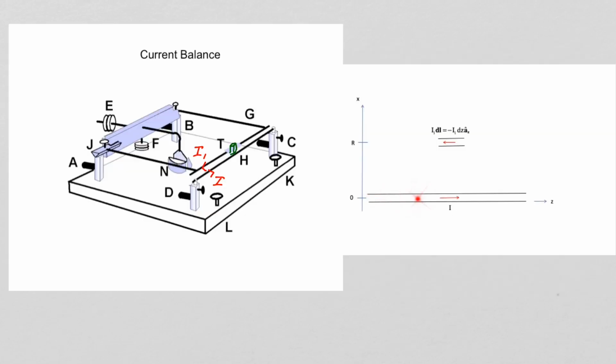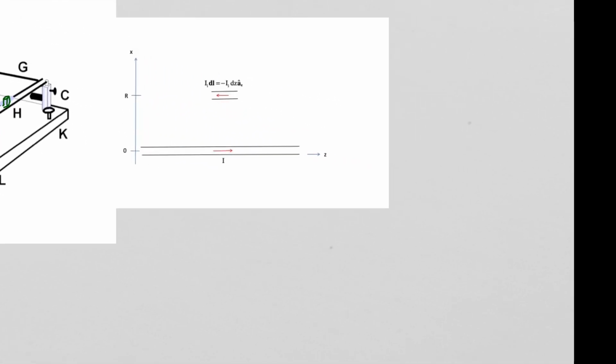This wire along the z-axis represents this conductor H of our current balance. This segment represents a differential current element in our conductor T of our current balance. We've applied the Biot-Savart law to an infinite line of current. If we treat this lower conductor of our current balance as if it were an infinite line of current, we